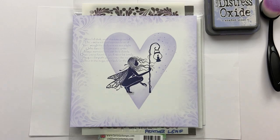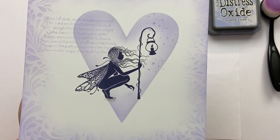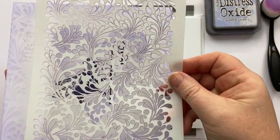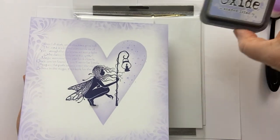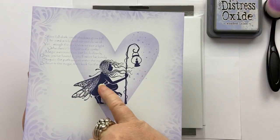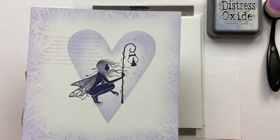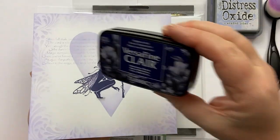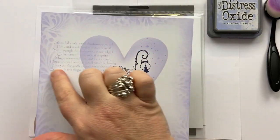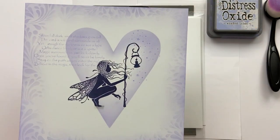And today I'm going to show you how I created this super simple, super quick, elegant card using feather leaf stencil, using one colour in Distress Oxides called Shaded Lilac. I've done the stamping of this gorgeous Seren fairy in Medieval Blue Versafine Clair. The sentiment that I'm going to use is Magic Surrounds Us, and then I've put a couple of miniature heart